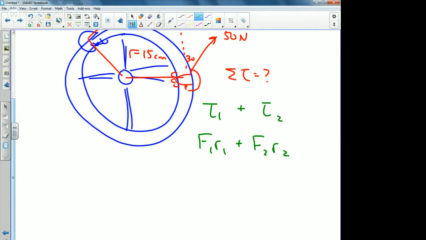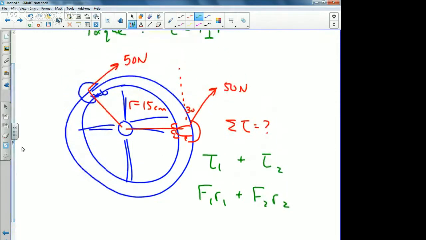Now my first question to you is, are the two torques working with each other or against each other? Against each other. Torque 1 is going clockwise, right? And torque 2 is going counterclockwise. So you guys just have to make sure that you understand. Clockwise might be positive, counterclockwise might be negative. Okay? So when I write torque 1 plus torque 2, it's really plus negative torque 2, because it's going